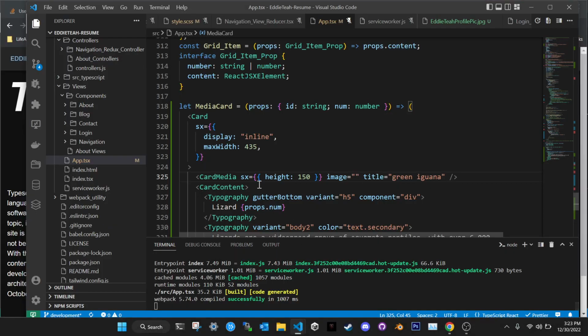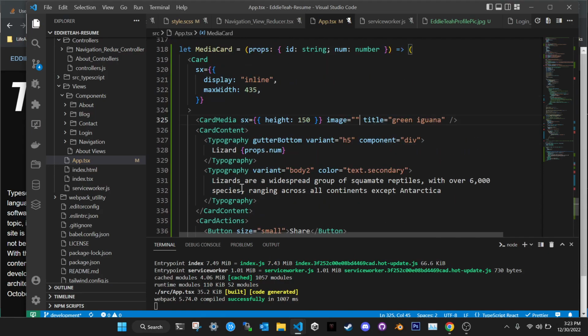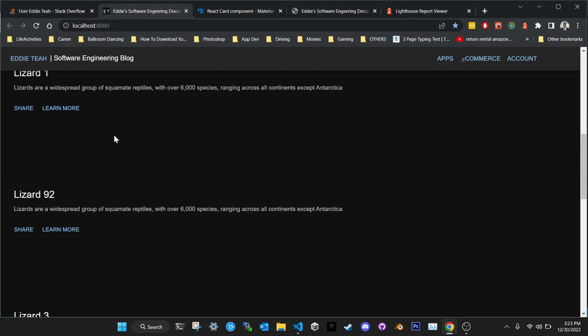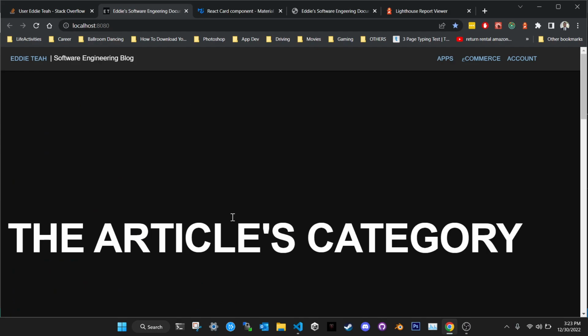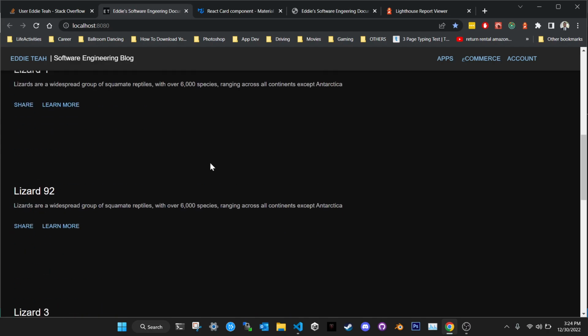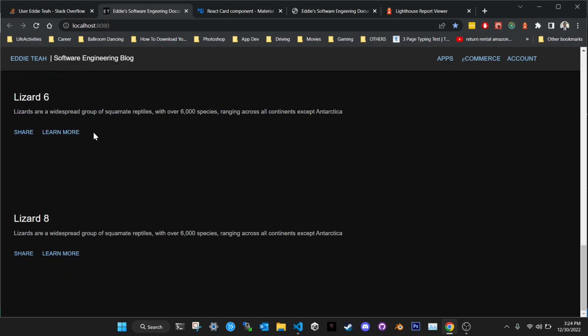Anyways, we are back in my application here, and I'm basically testing out the layout for the content on my website right now. As you can see here, we have a little bit of article stuff. There's the name of the category. It's going to be here if you're looking for C# based stuff. There's C# development documentation or whatever, and you can come in here and find whatever you want to find.